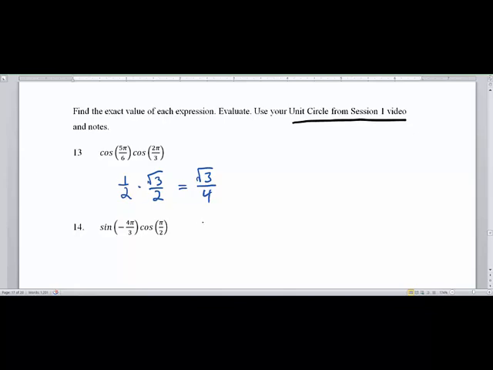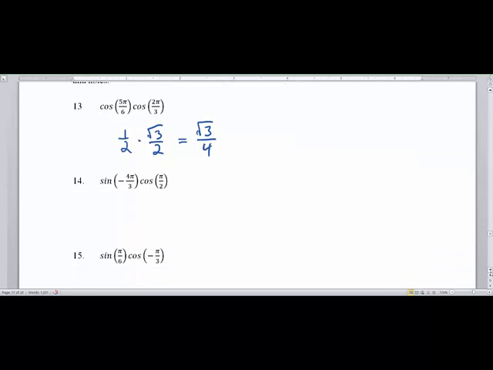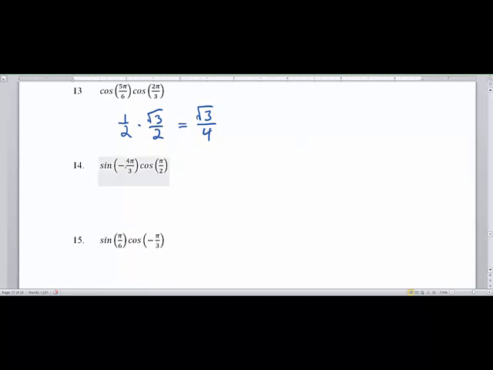A very straightforward problem that you could easily have found by looking at your unit circle from the session 1 video. But now we're going to get into some more complicated ones that aren't just so obvious. Well, first of all, take a look at this negative radical. This negative 4 pi over 3 is like negative 240 degrees. So if I'm going negative 240 degrees, where would it be going positive? Going negative would be going beyond 180 degrees, and 180 degrees and another 60 degrees would be taking you right about here. So the positive way to get there, which is counterclockwise, would be 120 degrees,